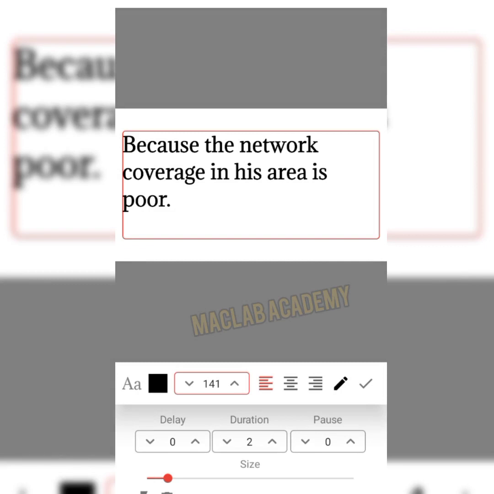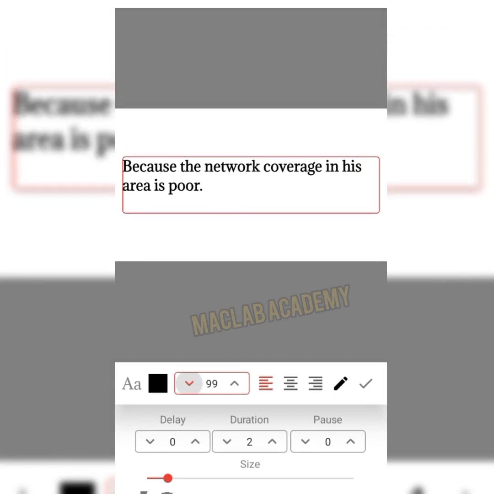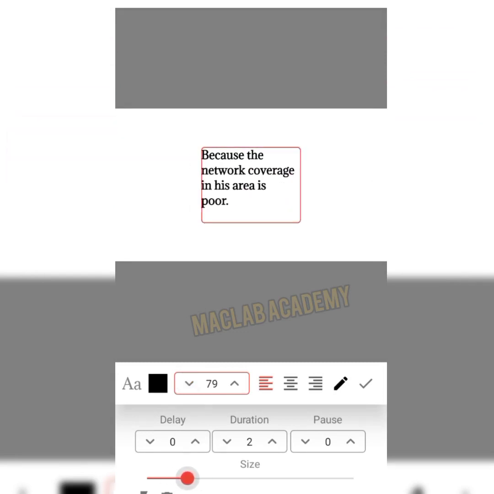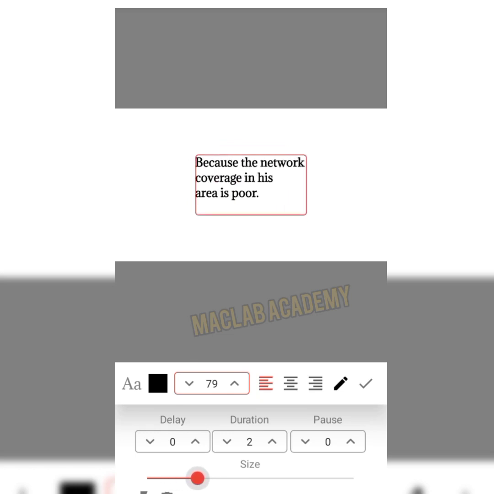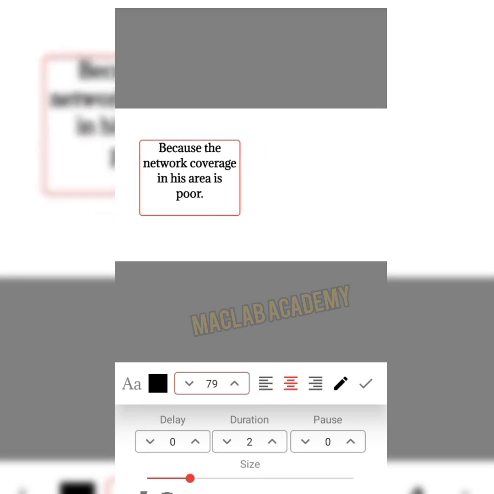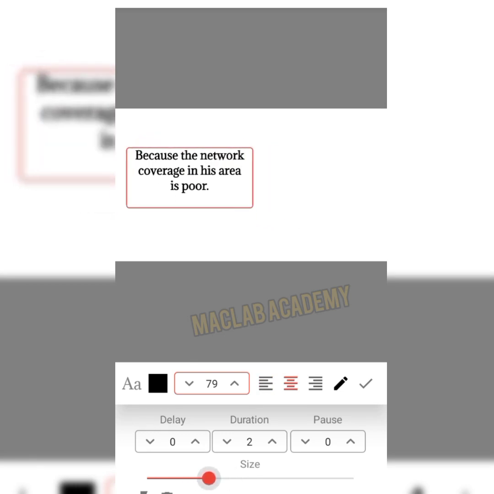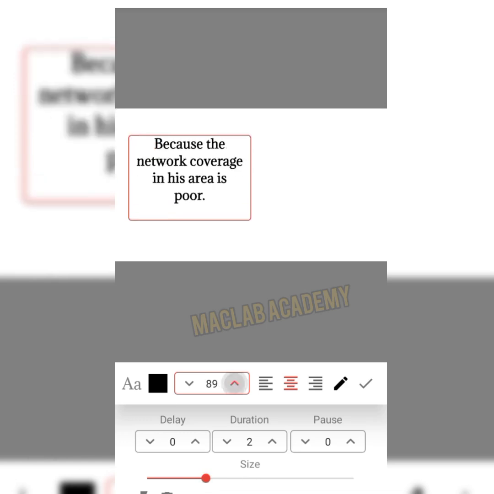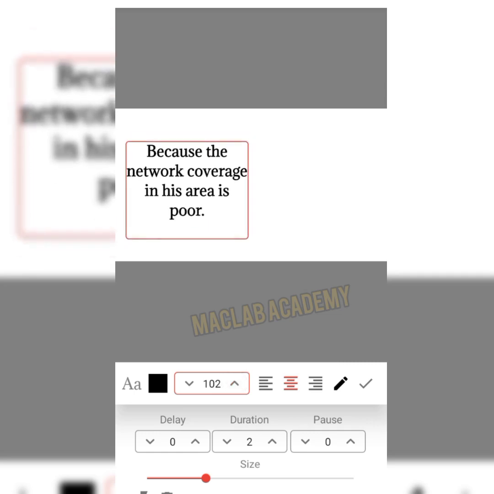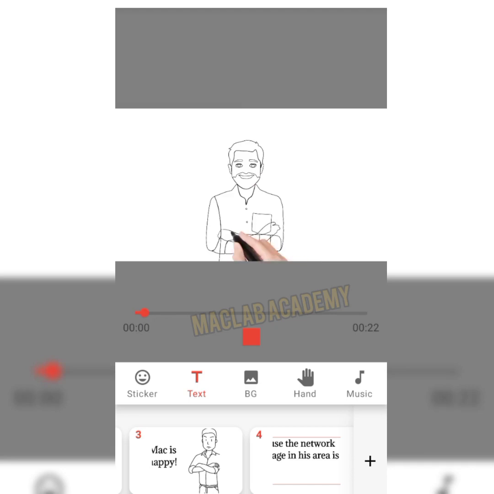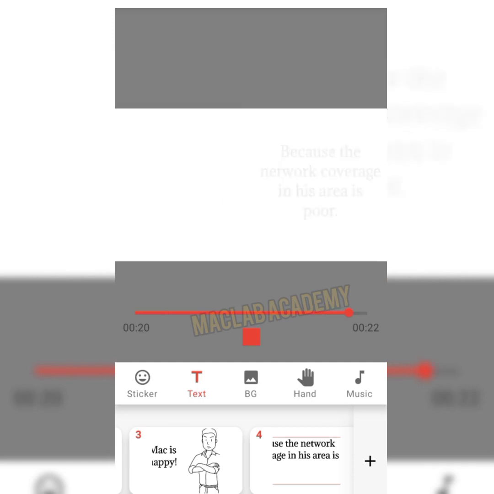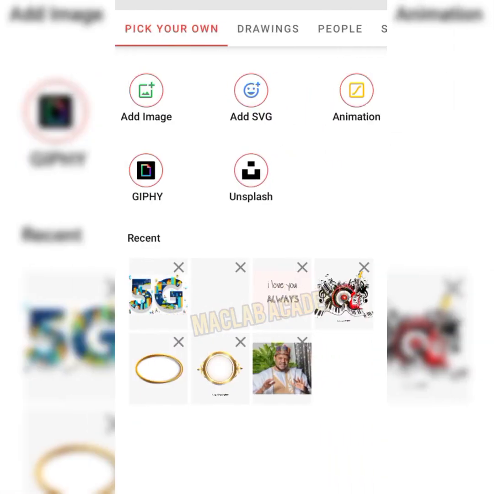So I'm going to go ahead and reduce this and increase this. Okay. So I'm going to go ahead and increase this. Yeah, I think this is good. And then "Meet Mac, a blogger. But Mac is..." Yeah, so I'm going to add the